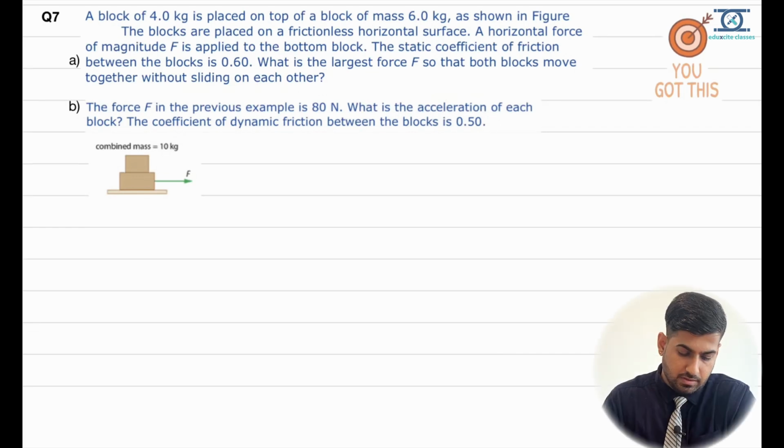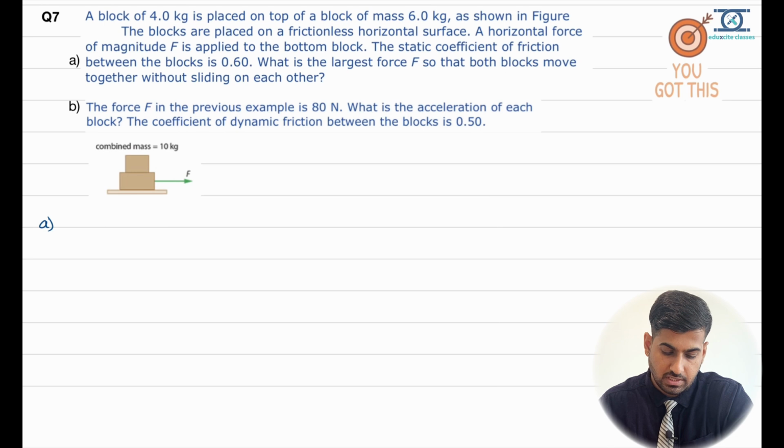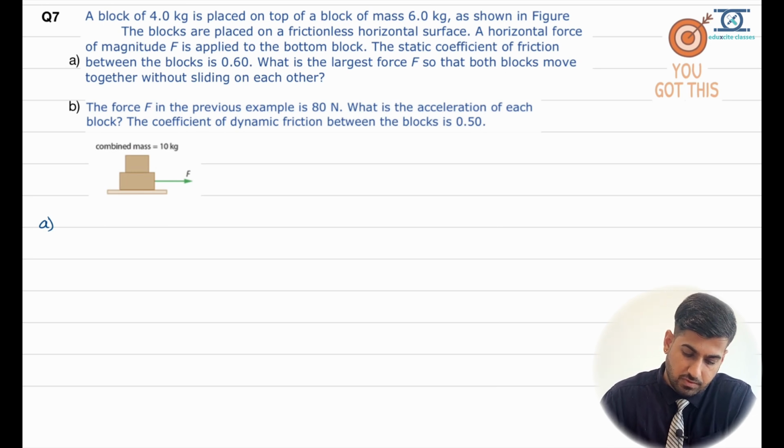Okay, now in part A, we have to find the largest force possible for both the masses to move together without sliding on each other, right? So first of all, let us draw the free body diagram for the upper and for the lower block as well. Now if I want to draw the free